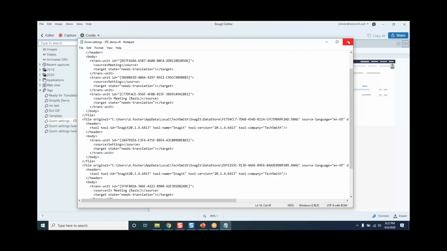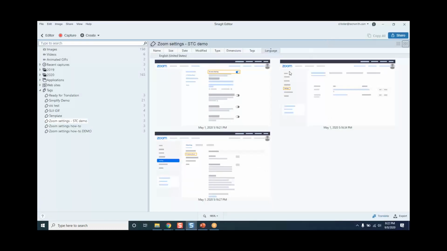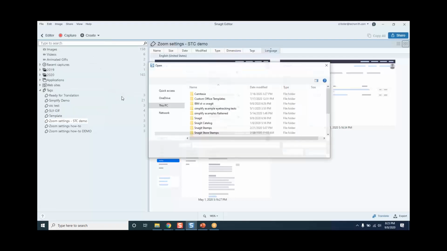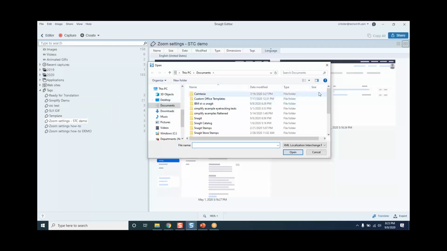Also, I've done that so that you don't have to watch me make the translation file. And so once you get that file back, and this file corresponds to all 3 of these images, it could be more than 3, it could be 10 or 50. But once I get that back, I can go to File, Translate, and Import Translation. And we should see here,